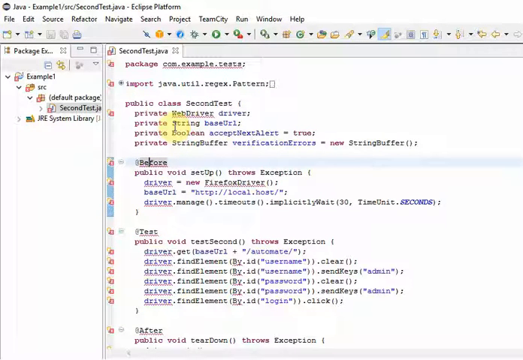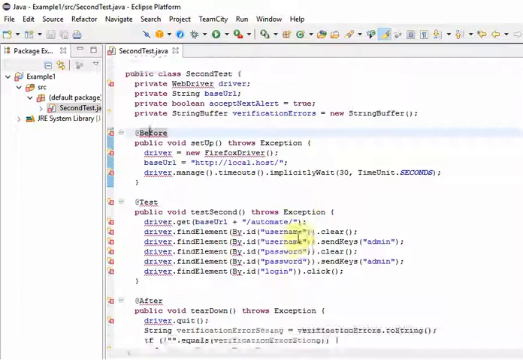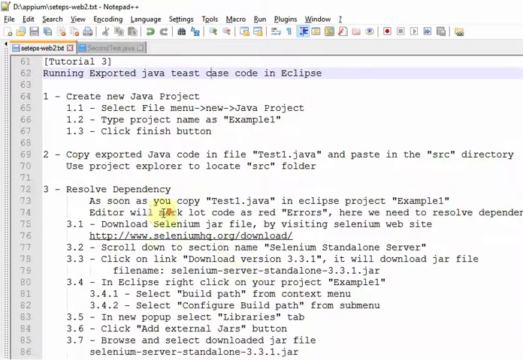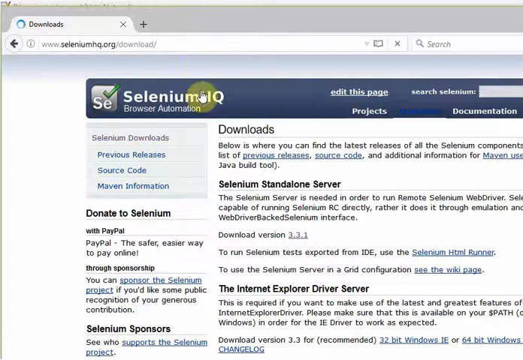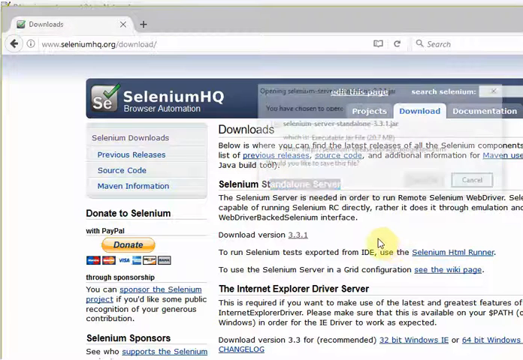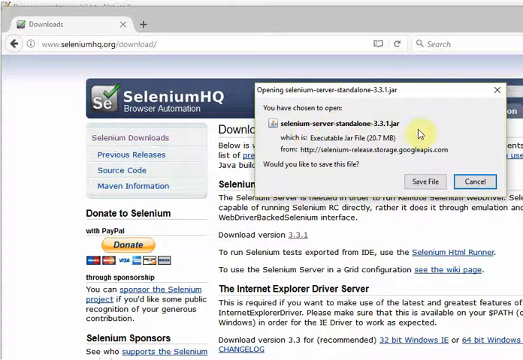For that, in order to resolve this dependency, we need to include a jar file, a Java jar file, so that these dependencies can be resolved and our code or system understands what actually is WebDriver, what is this Test, and so on. So we will again go to the Selenium website, download, scroll down, and here is Selenium Standalone Server. Click on this link. It will download this Selenium server standalone